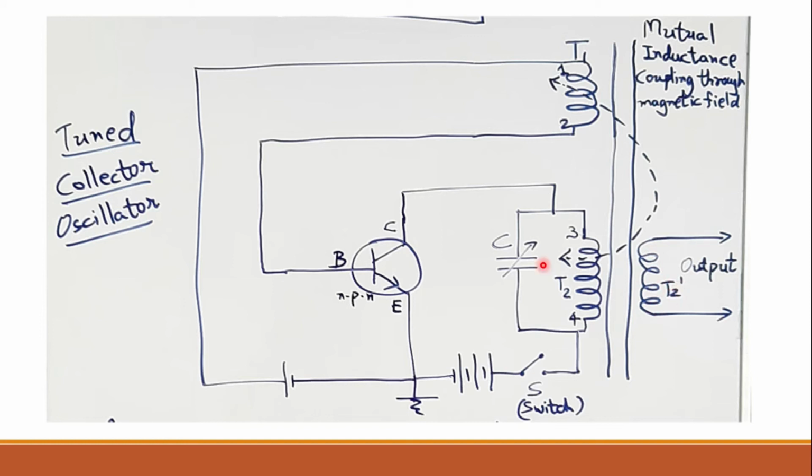So what will happen due to this, there will be mutual inductance coupling between these coils, and whatever EMF will be generated over here will also be coupled to this particular coil, right? So let us try to understand the working of this transistor as an oscillator circuit. Initially the switch is in the off position, so switching this switch will make the collector current flow, and that collector current is linked to the input side using this particular coil T1. You can see here that T1 is connected to the base emitter side of the transistor as an oscillator circuit.